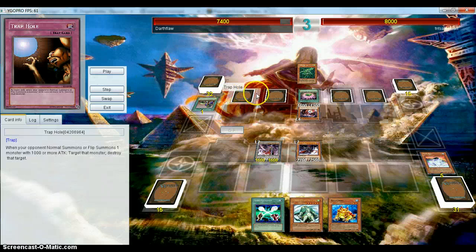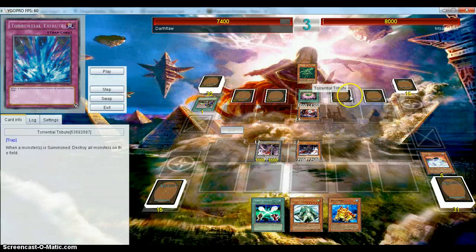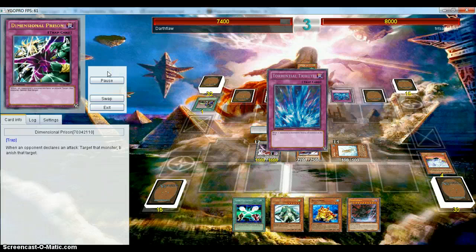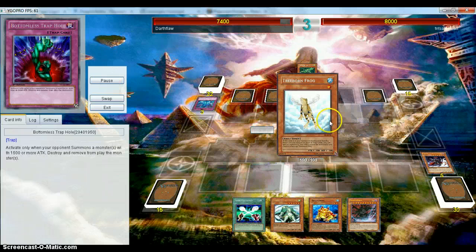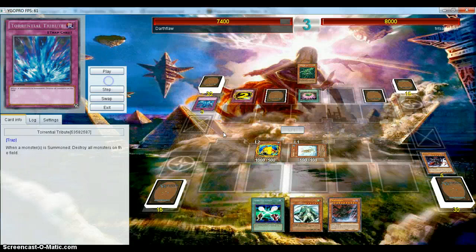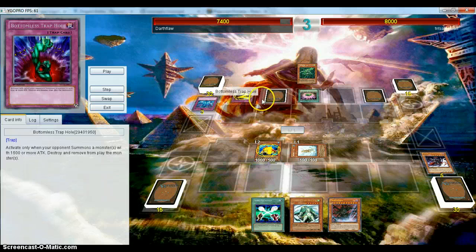Now right here I make a little mistake. I didn't need to summon Treeborn Frog, but I do anyway. I should have attacked into his back row first and not worried about Treeborn, but instead I lose my monsters to Torrential, which is unfortunate. But I'm still looking at...